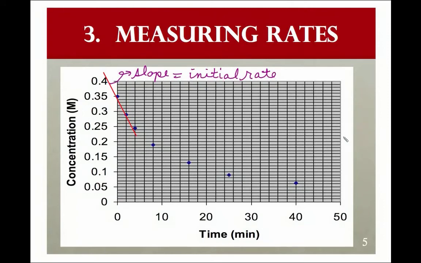Now, another would be to designate a particular time. Let's say the scientist said, okay, we're always going to measure the tangent at time equals 8 minutes. And so again, we take a tangent to the curve. I need a good math teacher to show me how to do this a little better, but I think you get the concept. You're not going to have to be doing this mathematically, where if you get your tangent wrong, you're in big trouble. It's not like that at all, but you will need to be able to sketch it out. It's quite common because